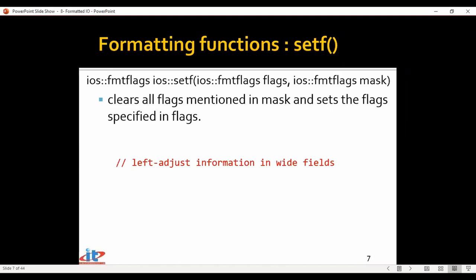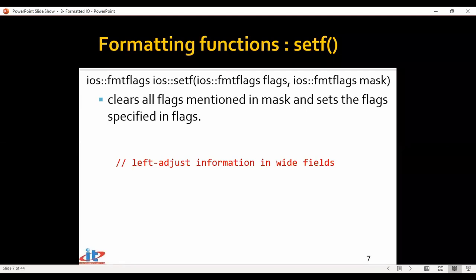So accordingly, we'll be using this mask to exclusively turn on a particular flag from a group. From a group, you should turn on only one flag. So if you are handling the numbering system between hex, octal, and decimal, you should turn on only one flag. It should not happen that multiple flags are turned on. That means you have turned on all three flags, hex, octal, and decimal. How will that work? How will the system decide? Even if you turn them on, you will get unexpected results. You will not be in a position to determine how exactly the output will get displayed.